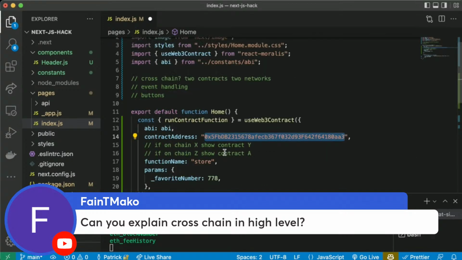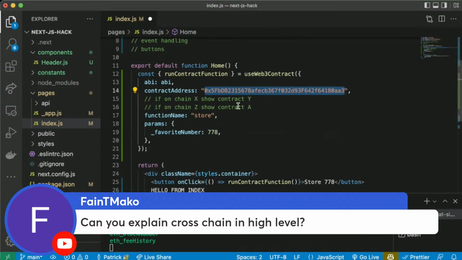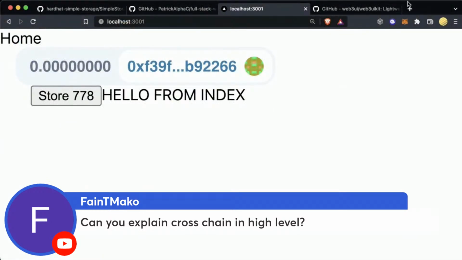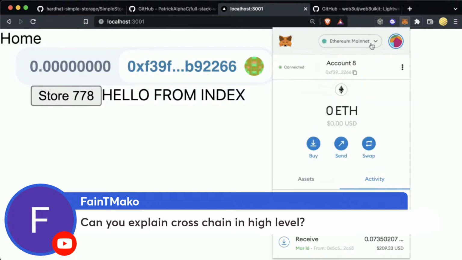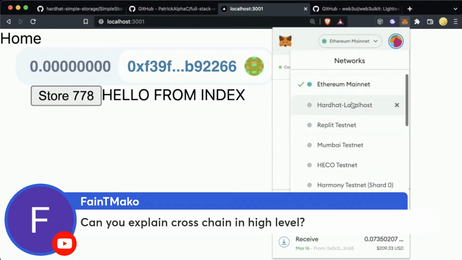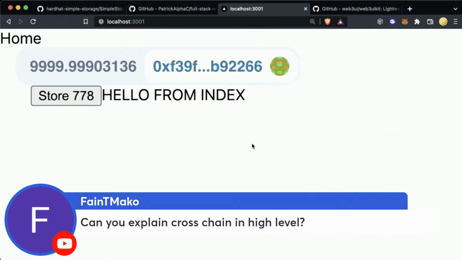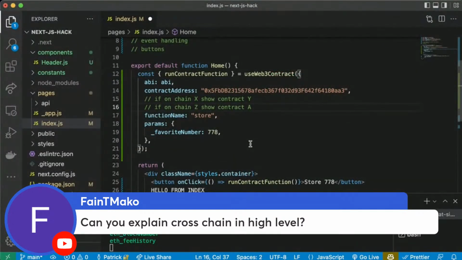And then the rest of it would stay the same. That's really it. And that's how we can do stuff cross chain, because in our MetaMask, each one of the RPC nodes connected with each one of these chains is going to be different and associated with that chain. So that's pretty much it. From a high level, that's pretty much it. Hopefully that makes sense. Hopefully that's clear.